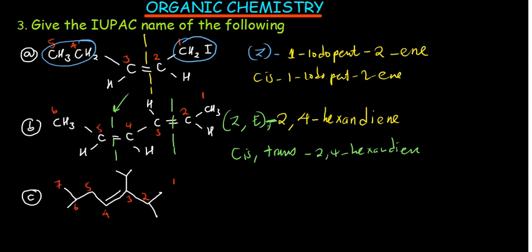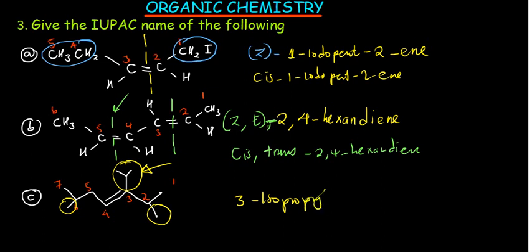So that is hept, because it has got how many carbons? 7 carbons. Now we have got a substituent group here, another group at this point, and also another group at this point. So we're going to name those groups. Starting with this one, this group is isopropyl, and then this group is methyl, this one is methyl. We can easily tell that isopropyl, I comes first in alphabetical order before the meth. So I'll first state the position of the isopropyl, so that is going to be 3 isopropyl,